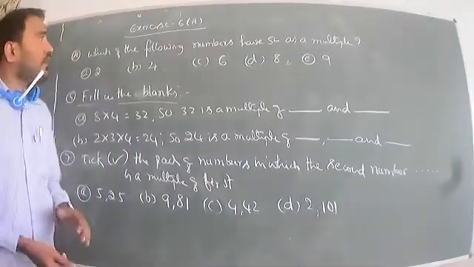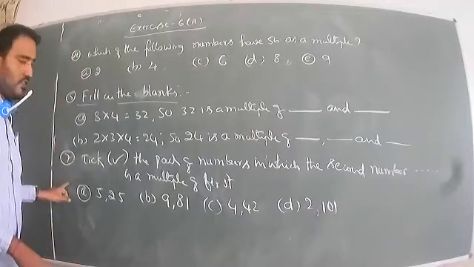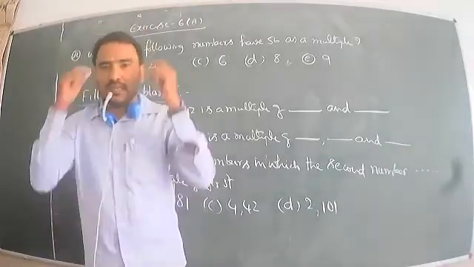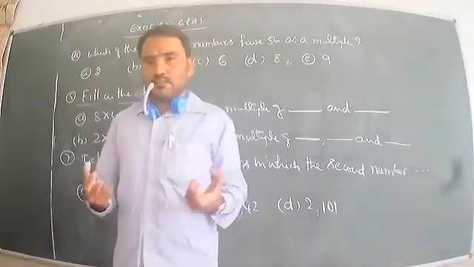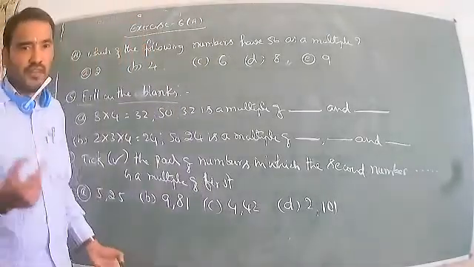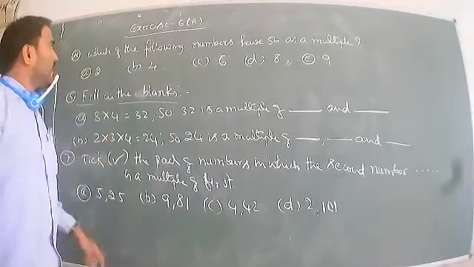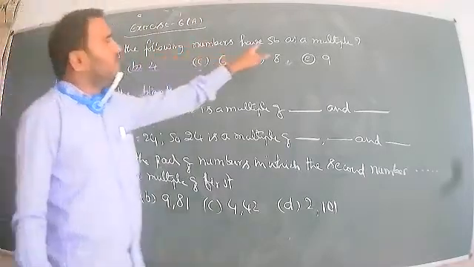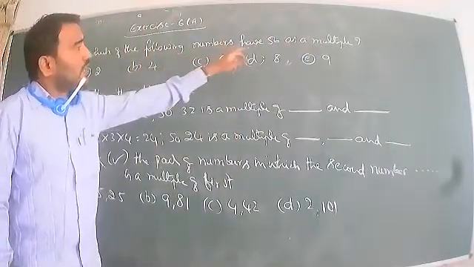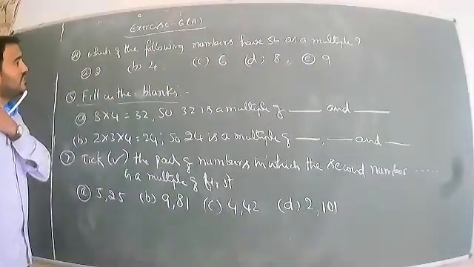Okay, students. Now, exercise 6a, fourth main, fifth main, seventh main, I have to solve. Because it is challenging, sometimes we'll be using tricks. Let me now solve exercise 6a, fourth main, fifth main. Remaining mains you have to do, those are very easy. Now, which of the following numbers have 56 as a multiple? Which one has 56 as a multiple?